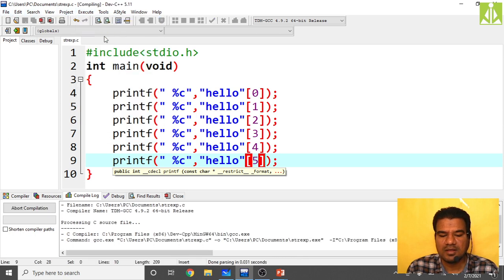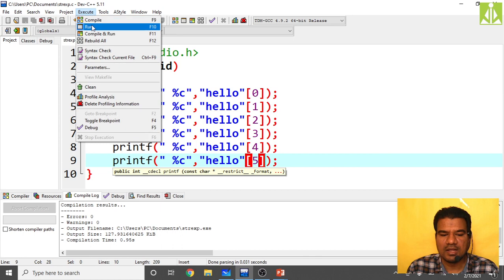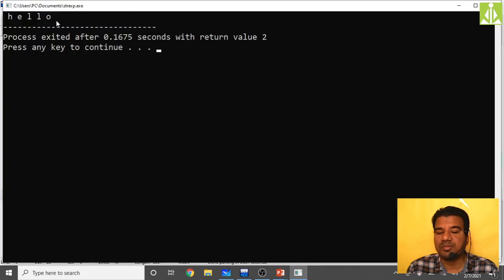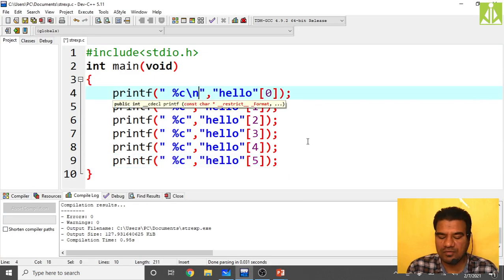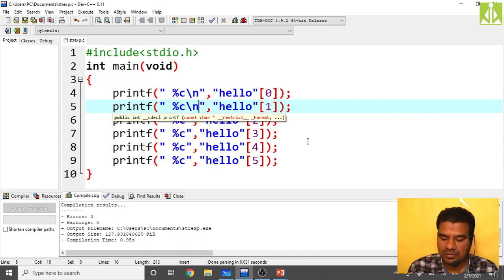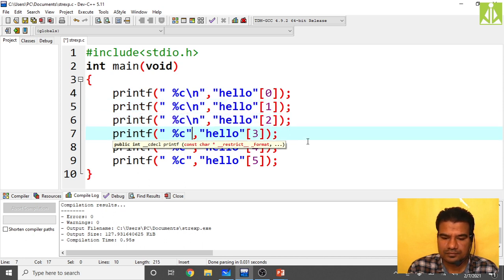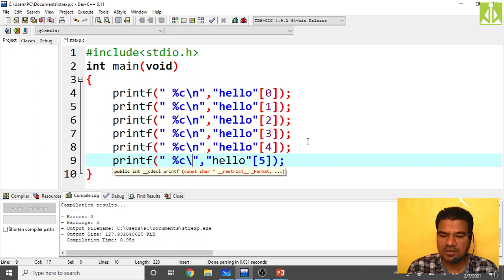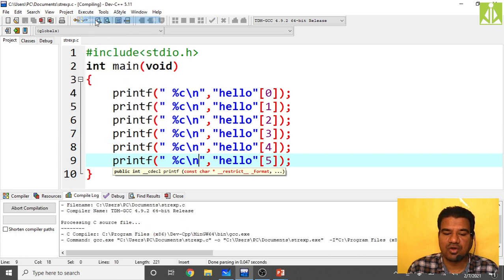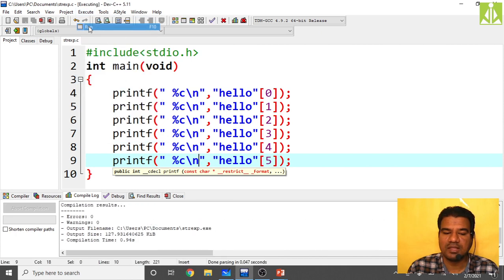Compile, compilation successful, and run. It is not printing anything. The null character is what it is printing. If you print all these things line by line, you will understand, I guess. The null character can't be printed, as we discussed. It is an escape sequence, and we said escape sequences we cannot print on the output screen. They have some special character formation in your C program, but we cannot print them on the output screen.